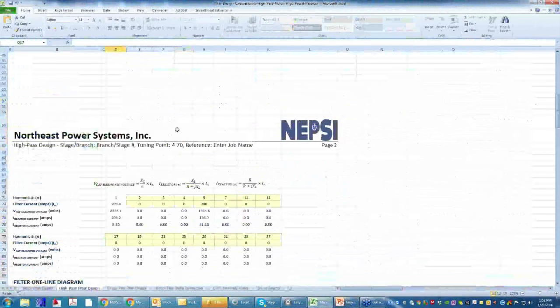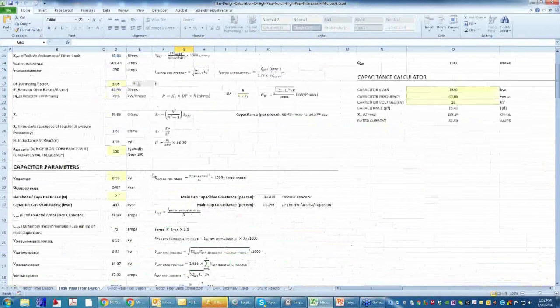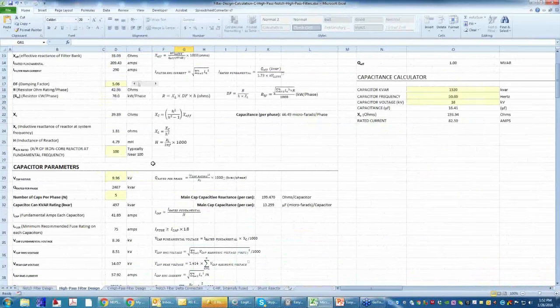Also, once you do come up with your resistor value in ohms, you would specify the ohm value to the resistor manufacturer, also the system voltage that you expect to apply the resistors at. And resistors are done just like the iron core reactors. They're put up on insulators, and the resistors are tied to the incoming winding. You would specify watts to the resistor manufacturer also. And it's important that